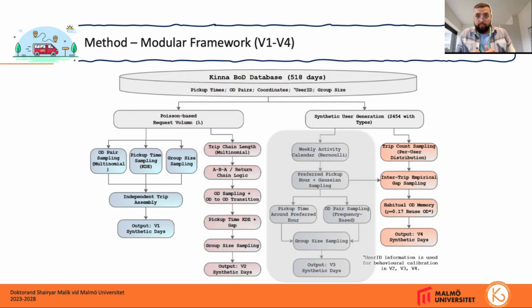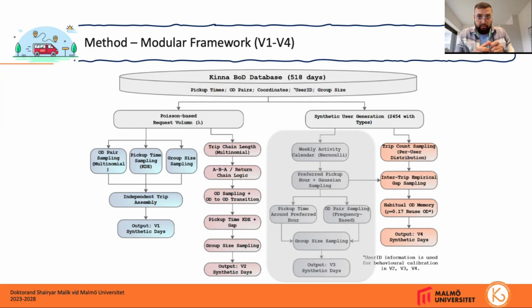Then we move a step further with version 3, and this adds the temporal regularity. Again, the usage of data is increasing from level 1, level 2, and level 3. Now we are using more data based on the user activity, because now we are checking the weekly activity of a specific user. They are anonymized, but their user ID is leading us to their weekly activity calendar.